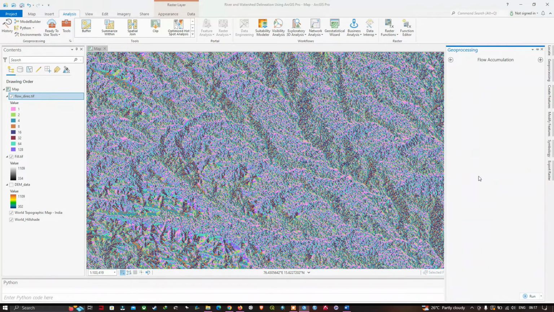So now input your flow direction raster. Let us select my flow direction raster here. Select it and choose the output file location. Now I have selected my output file location, that is a flow accumulation. So now click save